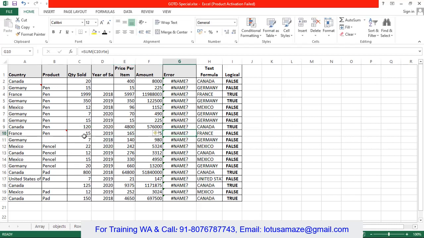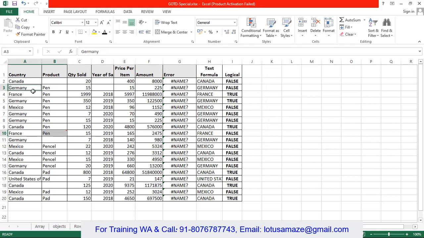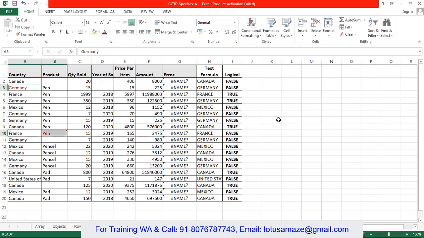Now we have two comments in two cells, so we have to check how many comments there are. Press Ctrl+G, go to Special, Comments by default, then OK. So you can see the two cells are selected. Now we change the color of these. This is how we can find how many comments are in our Excel data.